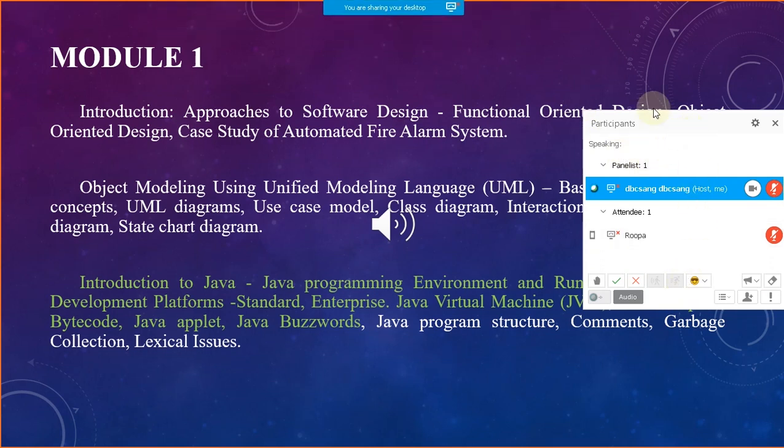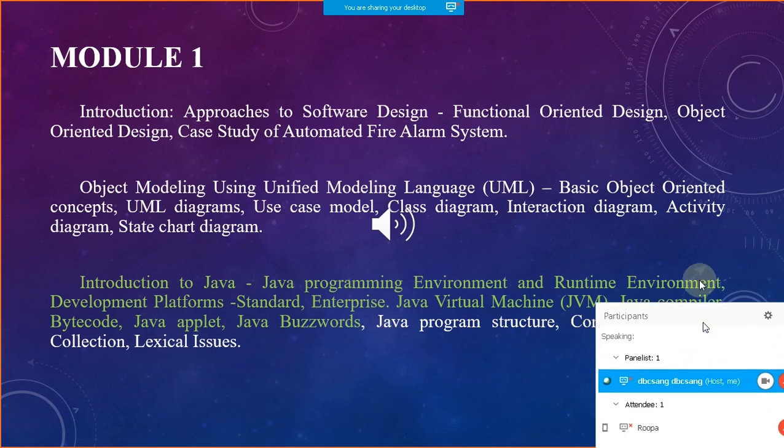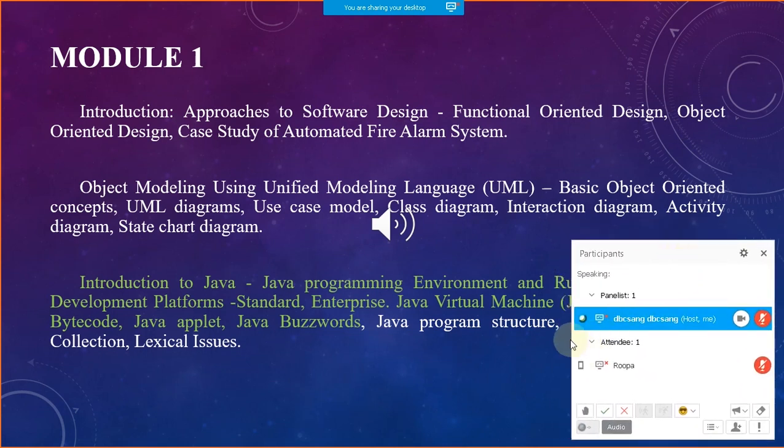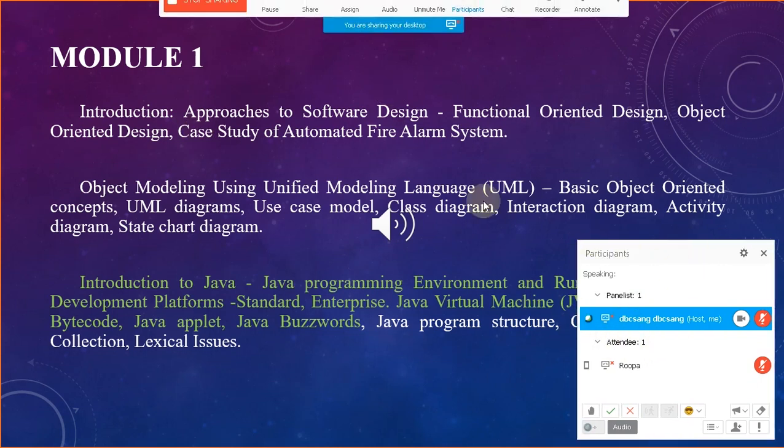But when I am seeing the participants here, this particular window will not be seen by the students. Students will have this much portion as blurred. They will not be able to see. So we will not hide it. We will bring it somewhere here, and we'll make sure that it is not a problem for all the students, so they can see the screen properly.